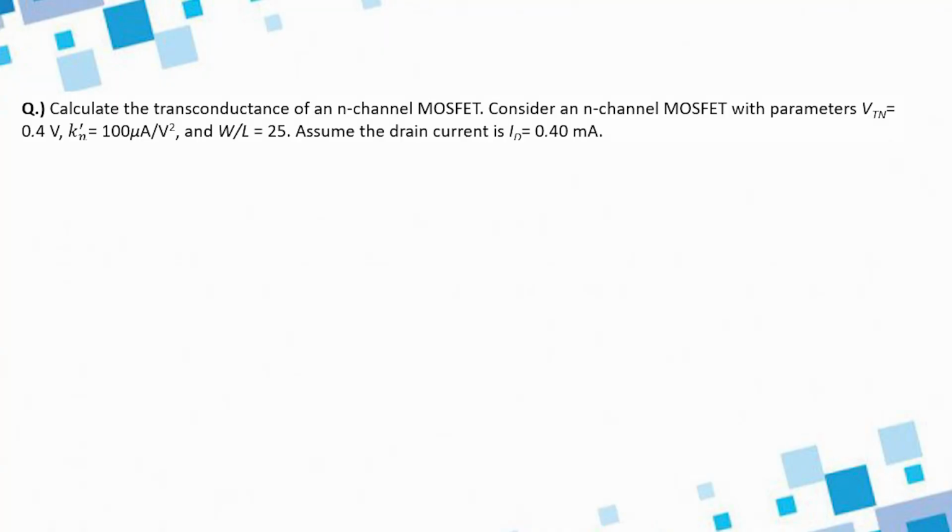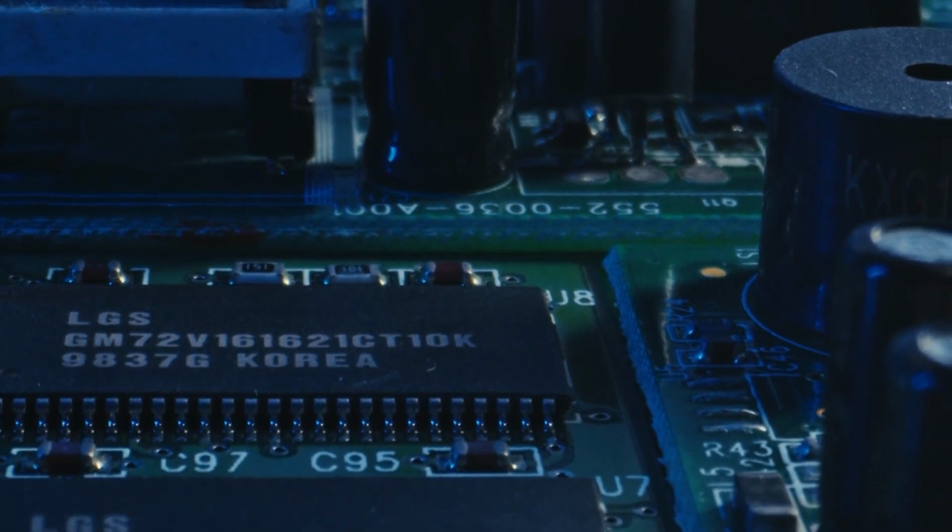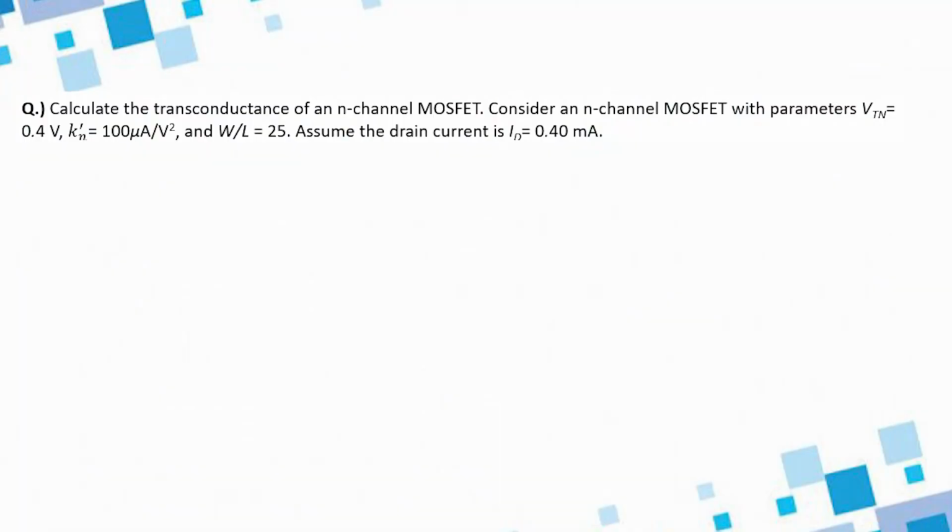Let's go through a numerical. The numerical is to calculate the transconductance of an n-channel MOSFET. Consider an n-channel MOSFET with parameters Vtn equals 0.4 volts, Kn dash equals 100 microampere per volt square. The W by L ratio is equal to 25 and the drain current ID is equal to 0.4 milliampere. So, from this numerical we have various parameters: we know the threshold voltage, that is 0.4 volts. We know the value of Kn dash, that is 100 microampere per volt square. We know the W by L ratio, that is 25, and we know the value of ID, that is 0.4